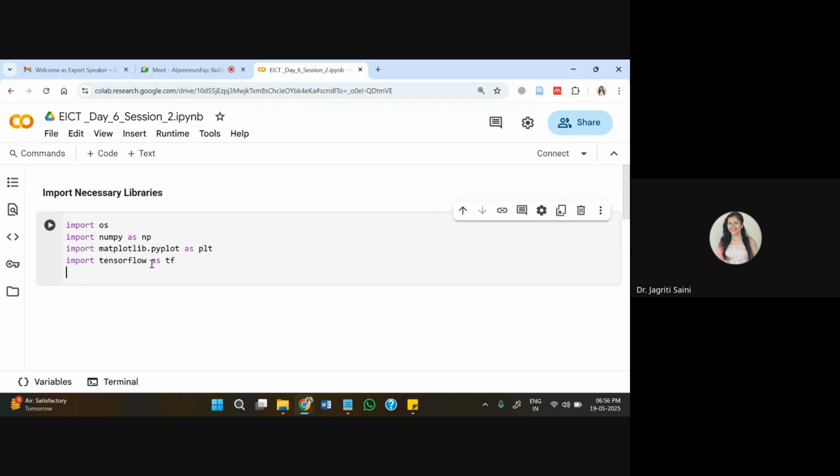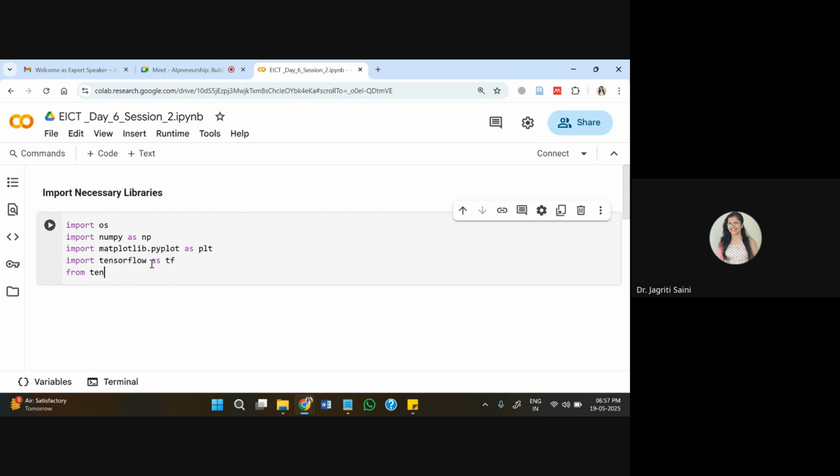TensorFlow I'll use as a framework for building my CNN model. I'll not use a very extensive deep learning model here. Depending upon the time available, I'll create a basic CNN model to achieve our pneumonia disease detection application.